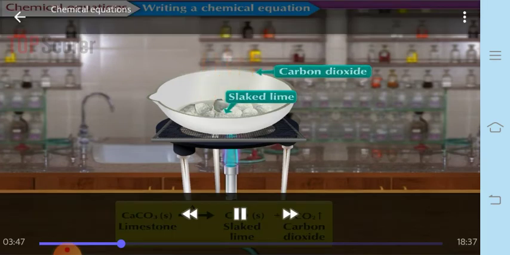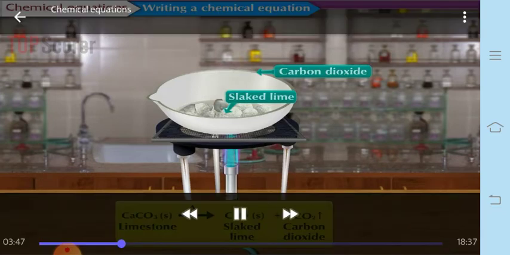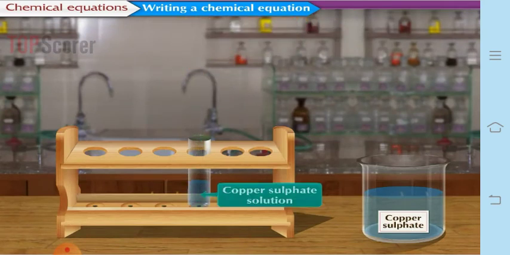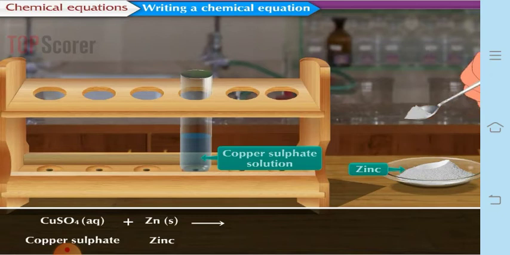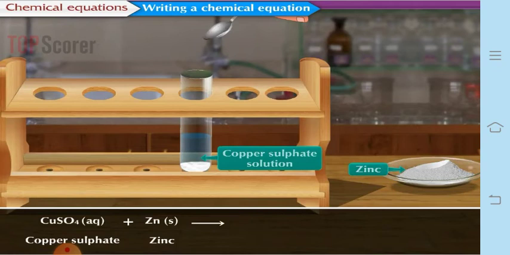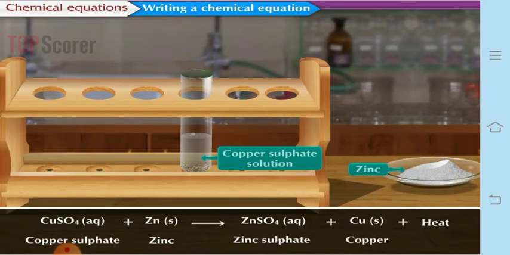For example, in this case, when calcium carbonate, also called limestone, is heated, we get calcium oxide, also called slaked lime, and carbon dioxide is a gas, which is shown by an arrow pointing upwards. So certain reactions also require certain specific conditions. For example, if there is a release of heat in the chemical reaction, that is indicated on the product side by writing heat. You can see in this reaction that when zinc dust is added to copper sulfate solution,